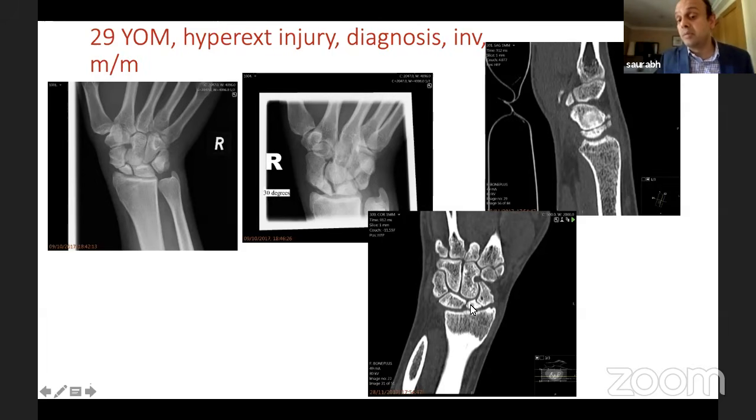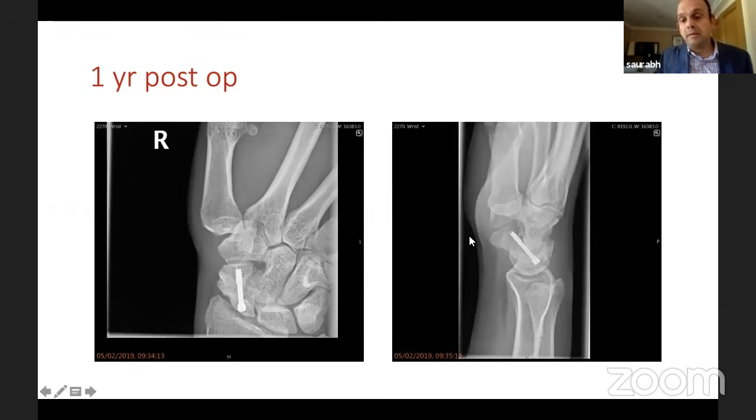You need to put a 3 millimeter screw. This bone is hardly 6, 7, 8 millimeters, if that, 6 to 7 millimeters. So sometimes you may have to take even a 2.4 screw, hence the role of CT scan. And yes, it's going to be a dorsal approach in proximal pole, and it's going to be an antegrade screw, because obviously if you're going dorsal approach, you need to put your screw from there, antegrade screw. Other important thing in proximal pole, as I said, you cannot determine healing at 3 months because 2/3